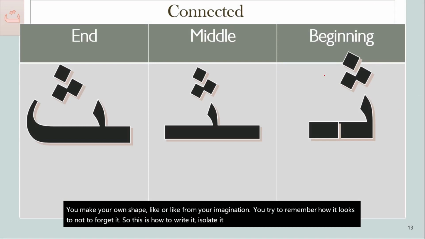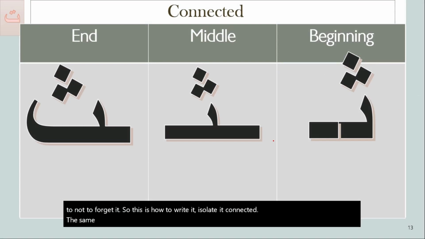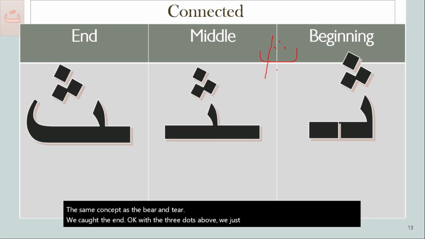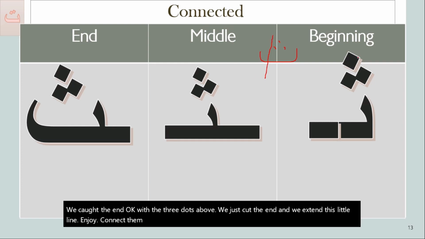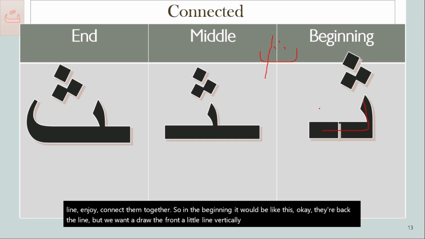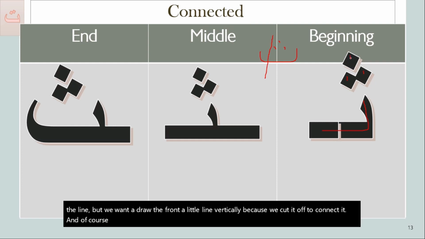Connected. The same concept as the ba and ta. We cut the end, okay, with the 3 dots above. We just cut the end and we extend this little line and we connect them together. So in the beginning it would be like this, okay, the back, the line, but we won't draw the front little line vertically because we cut it off to connect it. And of course we have the 3 dots above